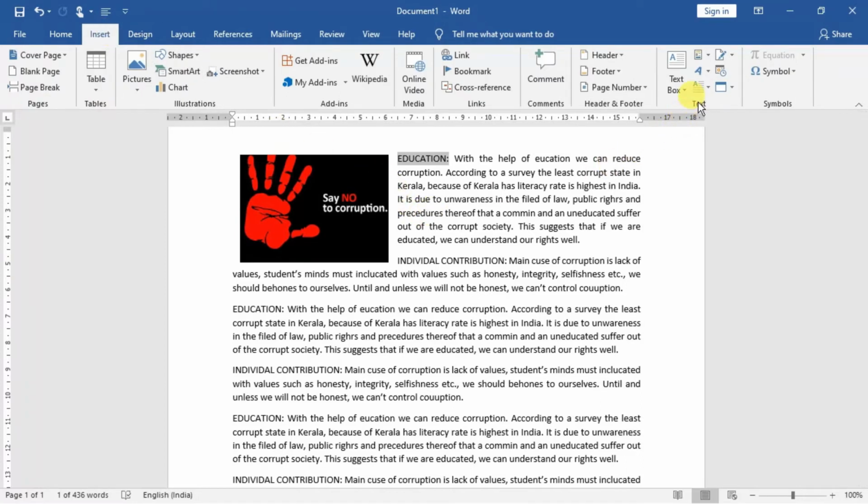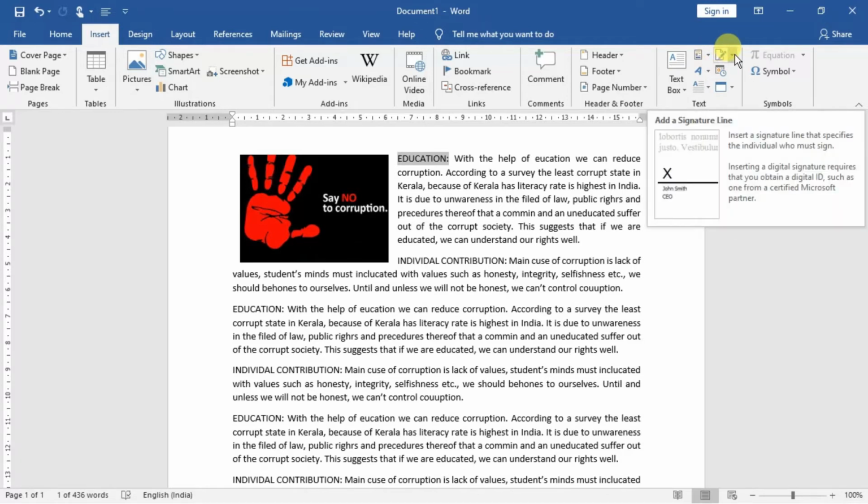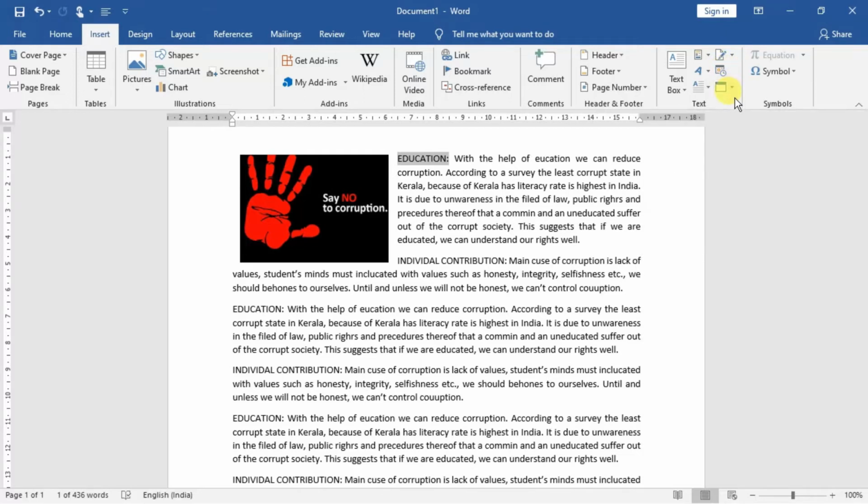I had shown you this before also. From here you can insert WordArt, you can insert the text box as well, and you can insert a lot of other things also. Drop Cap can also be inserted from here. Okay, and Quick Parts is also available, and there are different options available over here. All right, so that is the thing. So here this is the Drop Cap option.